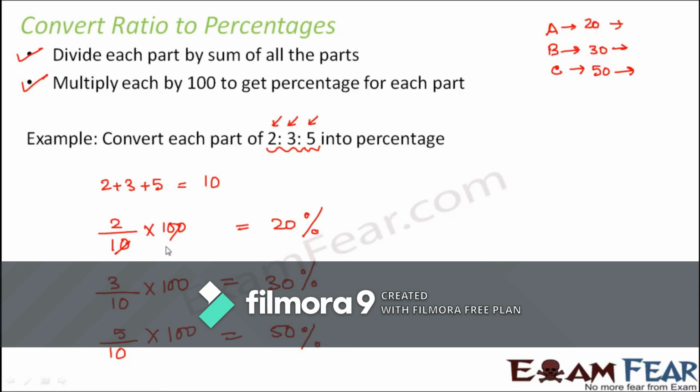Now, do you understand the logic behind this? When you say 2:3:5, that means the total number of parts that you have is 10. Let's say this 2:3:5 is the ratio of the marks obtained by students A, B and C. So this actually means that A scored 2 parts out of the total number of parts, which is the sum of all the parts of A, B and C. So A scored 2 out of 10, B scored 3 out of 10 and C scored 5 out of 10. That does not literally mean that they scored 5 out of 10, because we do not even know what the total marks of the exam are.